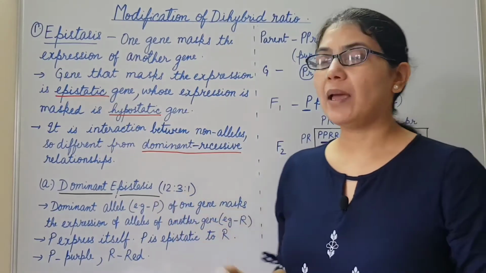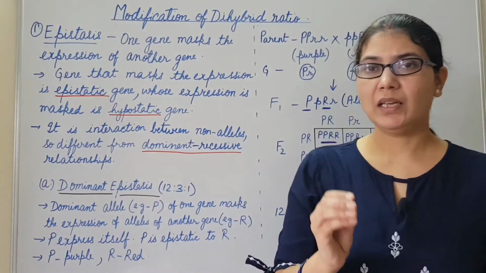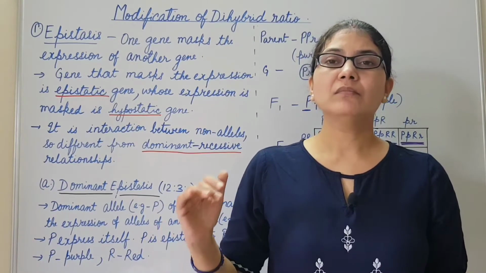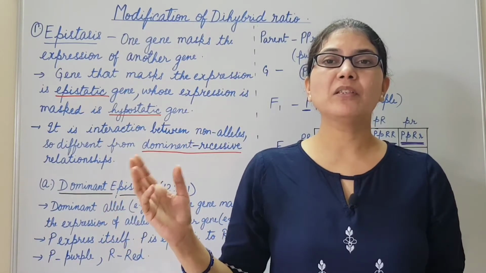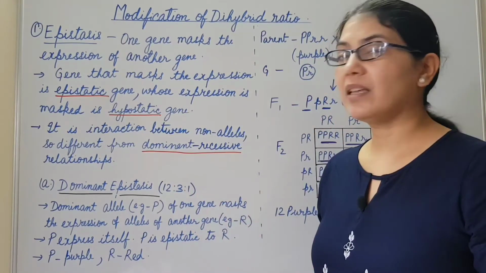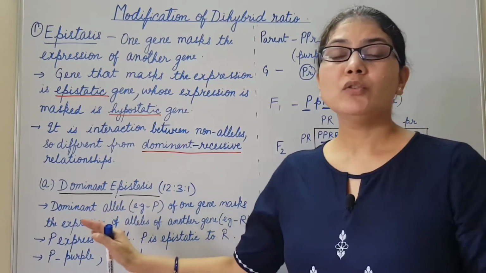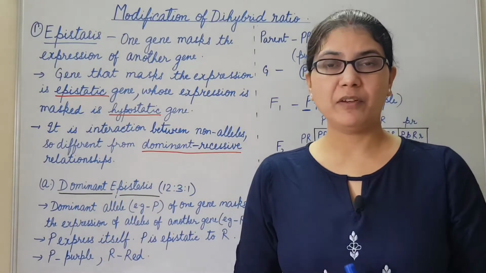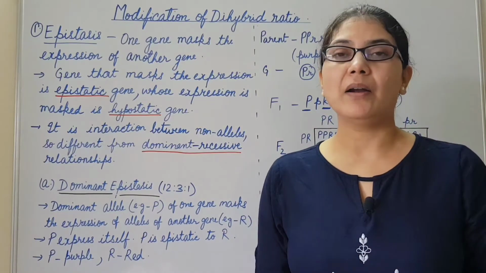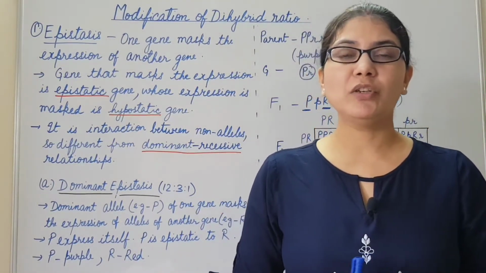First is dominant epistasis. Here the dihybrid ratio is 12:3:1. In dominant epistasis, a dominant gene masks the expression of the other dominant gene present on a different locus. Suppose capital P is the dominant allele which masks the expression of another gene, capital R. So here P will express itself phenotypically, but it will suppress or mask the expression of the capital R. So P is epistatic to R, or capital P is the epistatic gene and capital R is